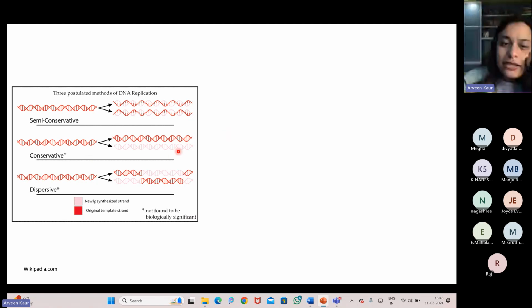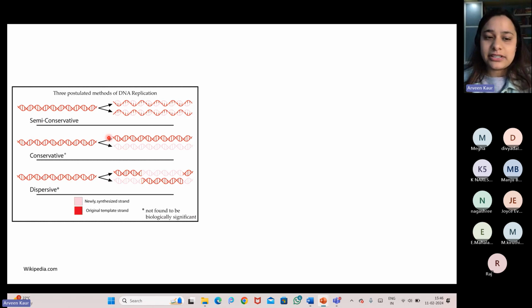So this would mean that there would always be a heavy chain strand that would have been present if the same experimental setup would have been done on this also. So that experiment proved that it could not be conservative. Why? Because if it had been conservative, then by the end of the experiment, we would also have received the heavy chain band, right? That heavy only band, which was not available because it was semi-conservative.